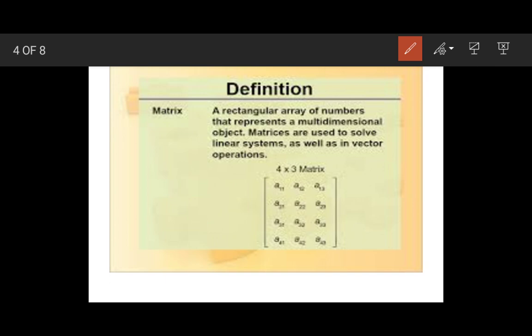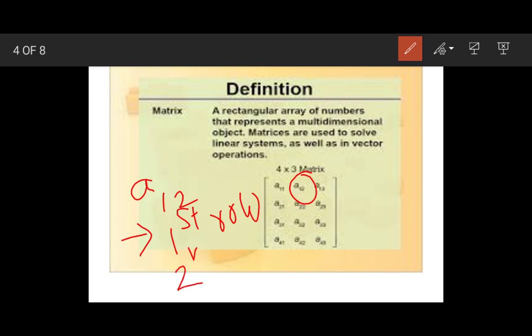Then this a12 means this a is in the first row, and 2 means second column. So the position of a12 is first row, second column.